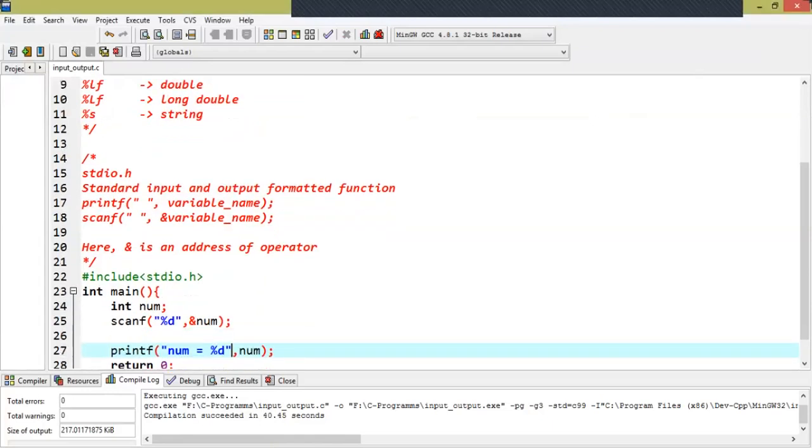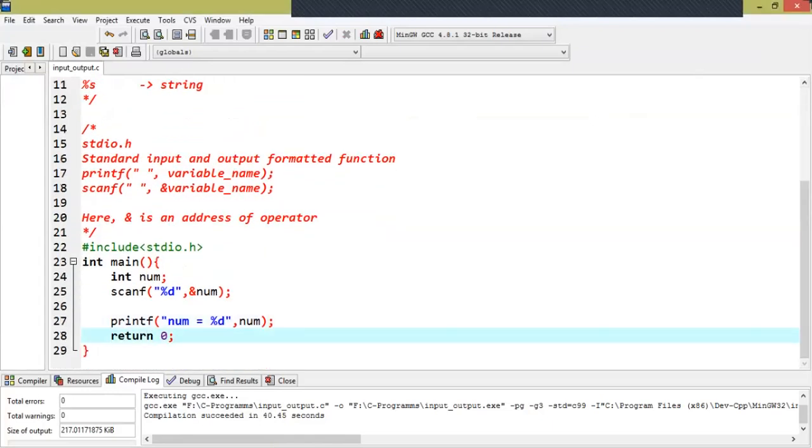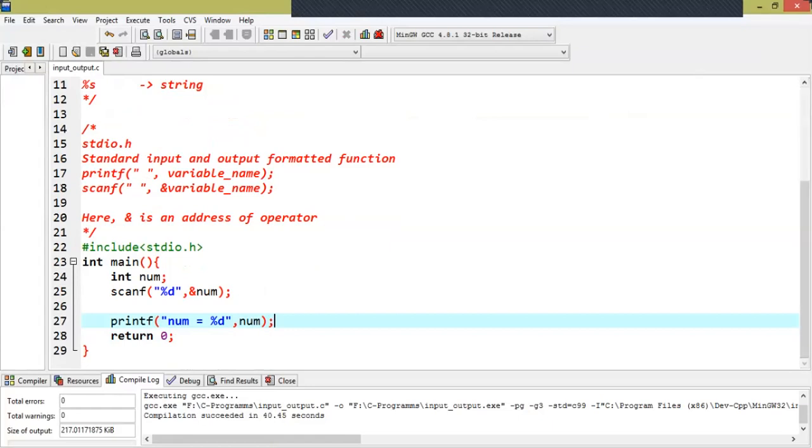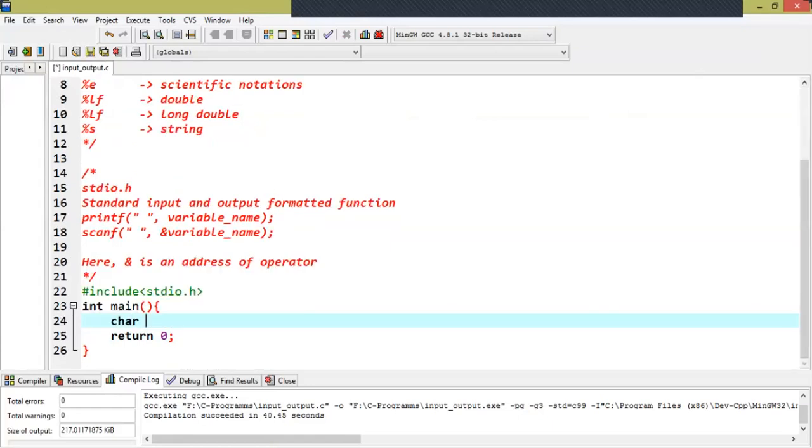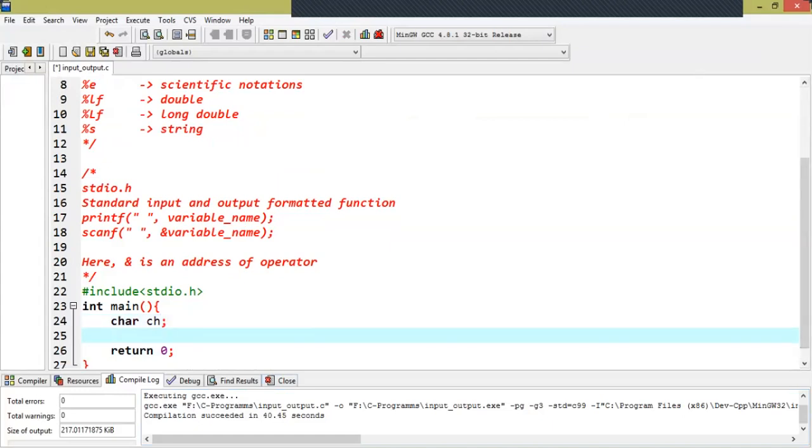Okay, now let's suppose we want to take input characters and others one by one. So let's erase them. Suppose we want to take character ch, and then how to take input using scanf.